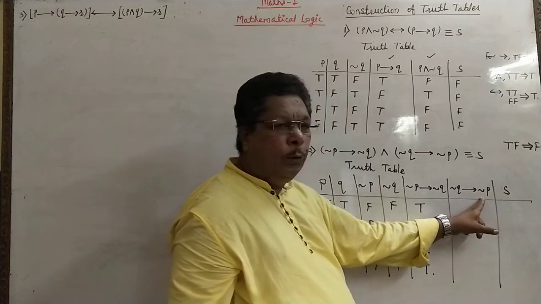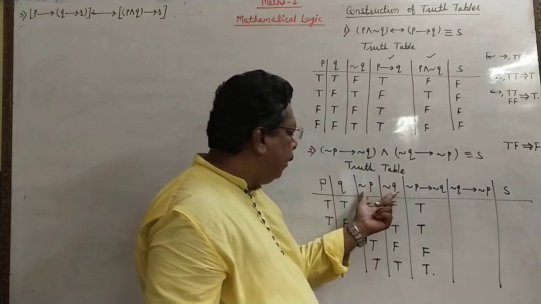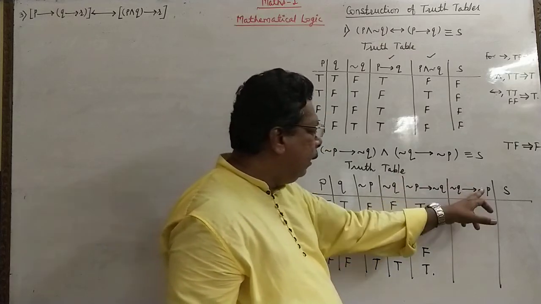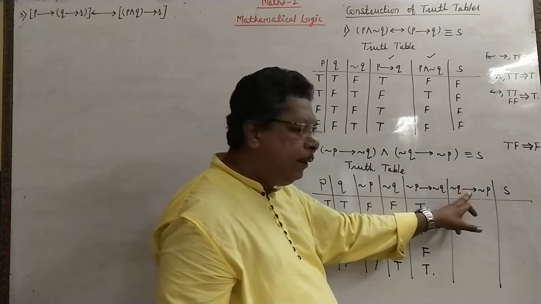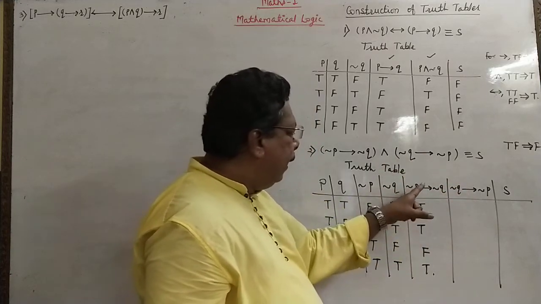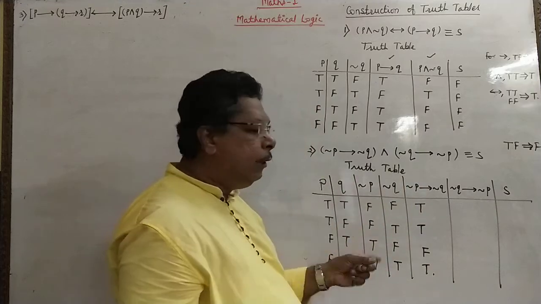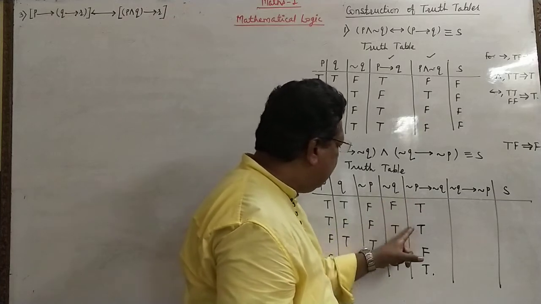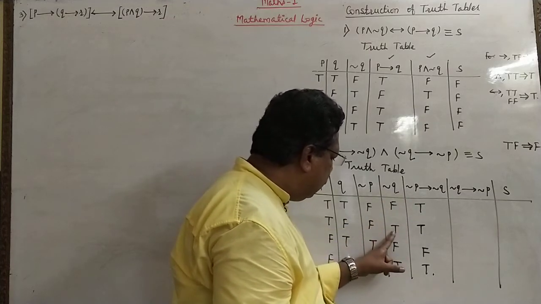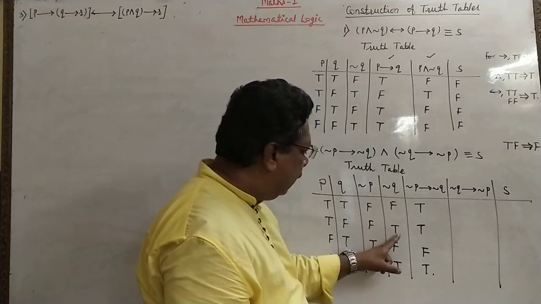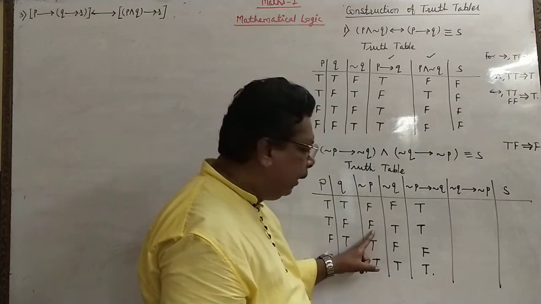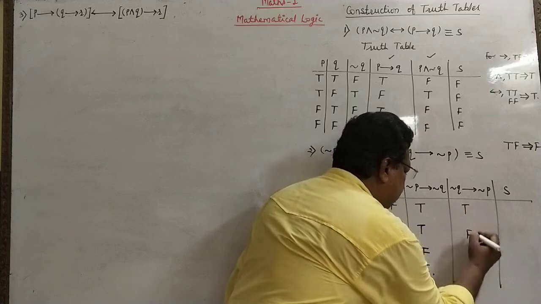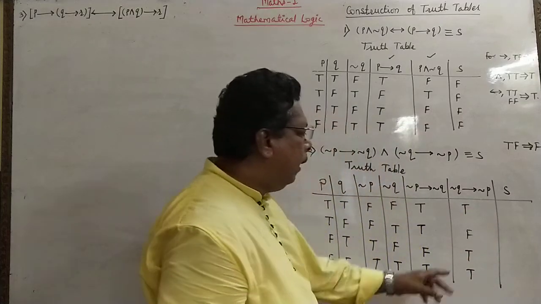Next column is negation Q conditional negation P. See column number 3 and 4 again, but first take negation Q, means column number 4 first, and then column number 3. In between them connective is same, if then. Requirement: negation Q must be true and negation P must be false. Then it is false and in remaining cases it is true. See negation Q is true, negation P is false. This condition is satisfied in the second case. This is false and remaining is true.